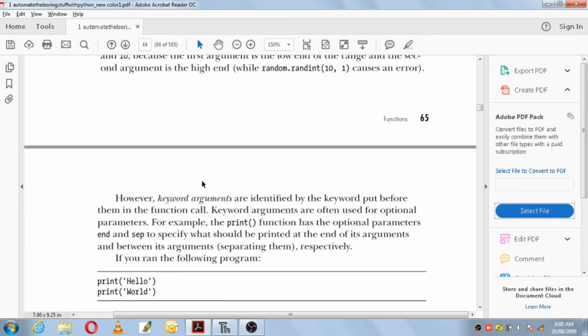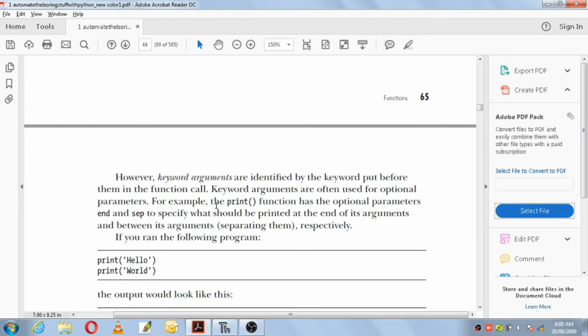Next, they are saying that along with the print function, we can make use of optional parameters called end and sep. End stands for end, sep stands for separate. These arguments are called keyword arguments.